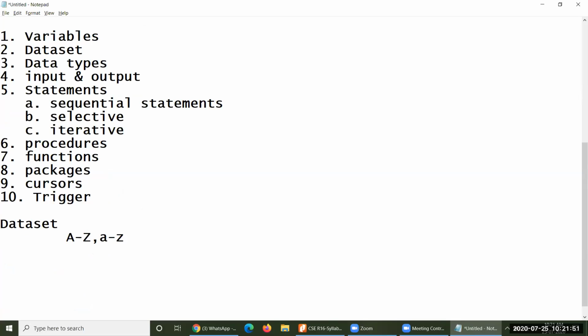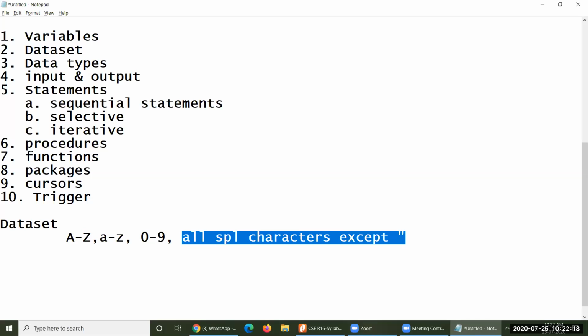Similarly, you can also use 0 to 9 as characters to write statements or frame variable names, and all special characters except double quotes. Double quotes are not supposed to be used. The remaining special characters can be used by you to write your program. This is the specific data set you could use.